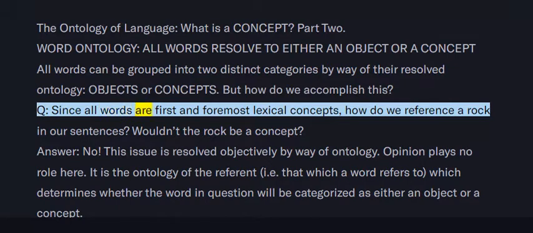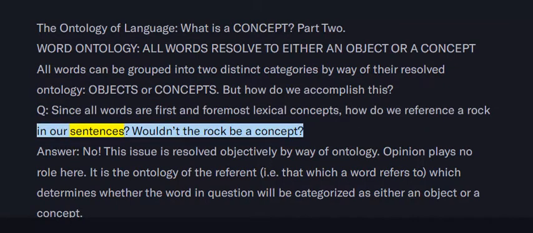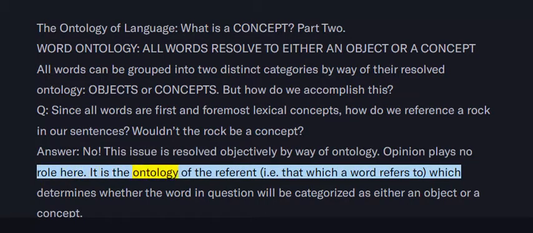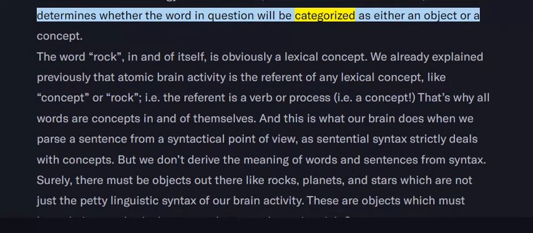Question. Since all words are first and foremost lexical concepts, how do we reference a rock in our sentences? Wouldn't the rock be a concept? Answer. No. This issue is resolved objectively by way of ontology. Opinion plays no role here. It is the ontology of the referent, i.e. that which a word refers to, which determines whether the word in question will be categorized as either an object